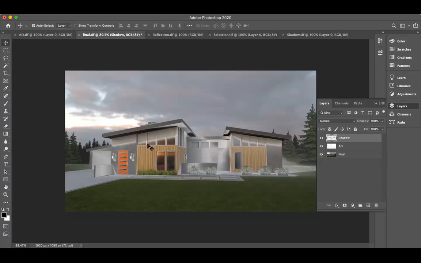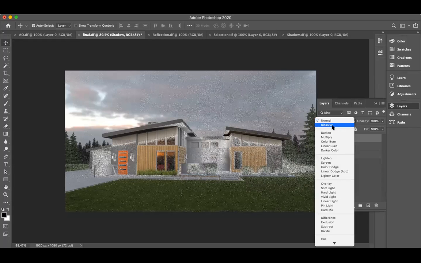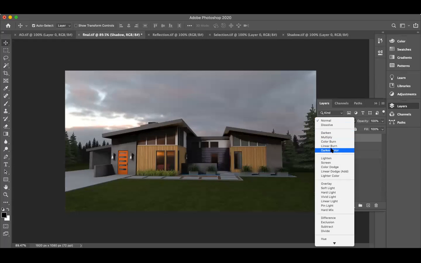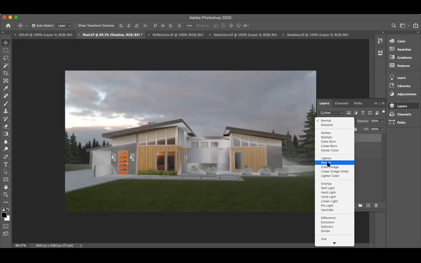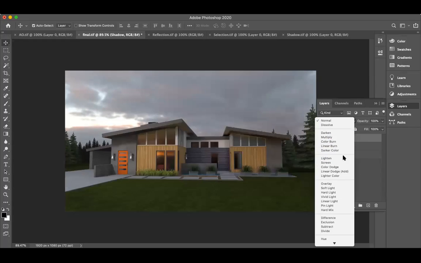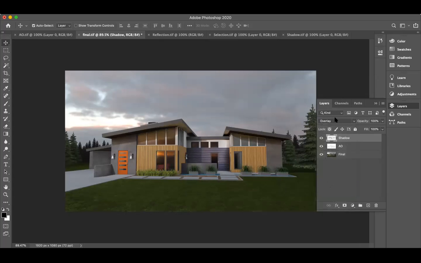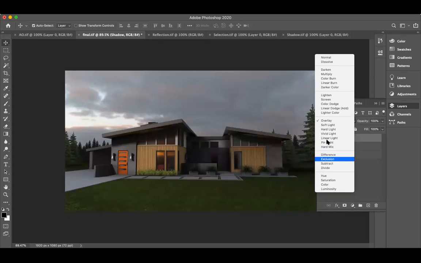I took an irrelevant image, the smaller one, that's why I was getting some different output. Now select the shadow layer. Here you can see that with different blending modes, the shadow lands in different positions or gives different output. So I want to use overlay. Overlay is a good output for the shadow. I want to overlay my shadow on top of the model. Just click overlay, and if you find a better option, you can go with that.